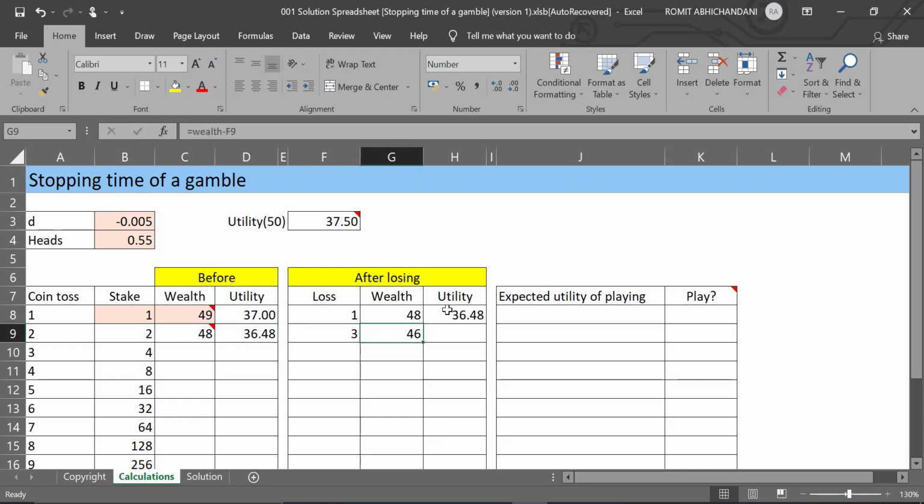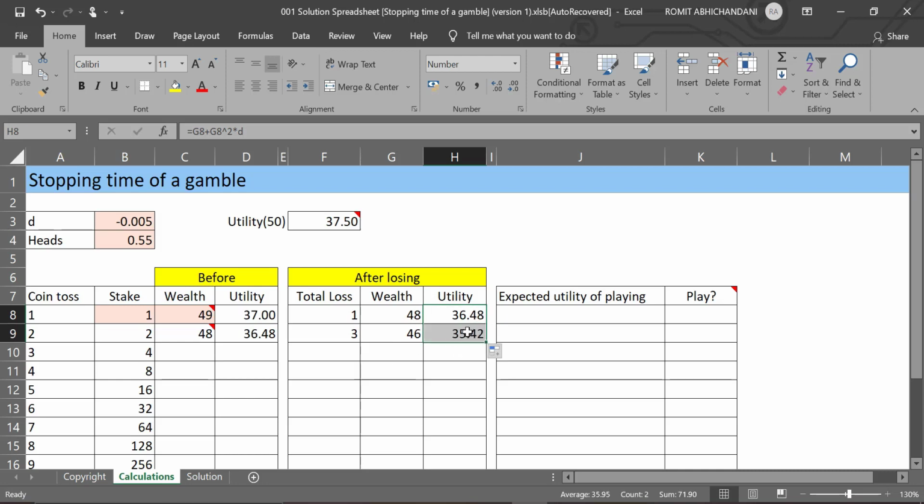So this is how we are doing the calculation. Okay, I hope this is clear. So what I did was, first they put 1 at stake, so their loss was 1. Second time they put 2 at stake, so their aggregate loss becomes 3. That is the first amount they put at stake and the second amount they put at stake. So total loss is 3, right? Second loss was 2 and the first loss was 1. Now they are left with the wealth of 46, which is the initial wealth minus the total loss that they have suffered. Let's also rename this and call this column total loss. Okay. So that's how it works. And what is their utility? You can just apply the same formula as the previous one.